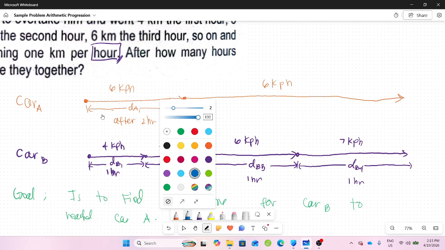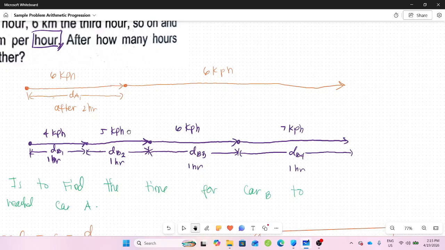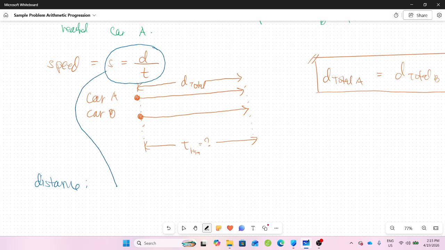Okay, blue. So, to know the distance traveled by car A, let's put here "distance." We focus on the idea of distance. The distance traveled by car A can be calculated using this equation, the concept of speed. So, to derive the distance, distance is actually the product of the speed times the time. So to solve for the distance traveled by